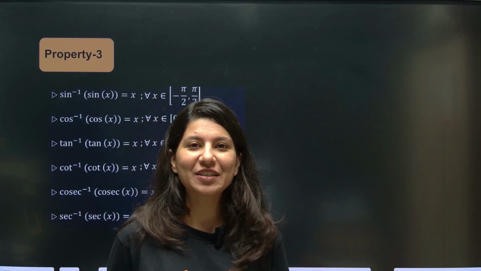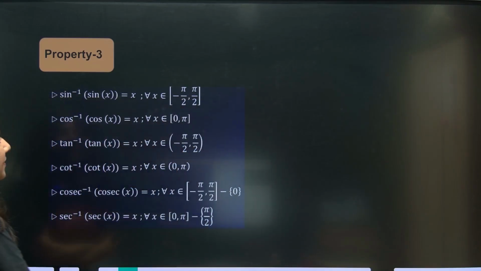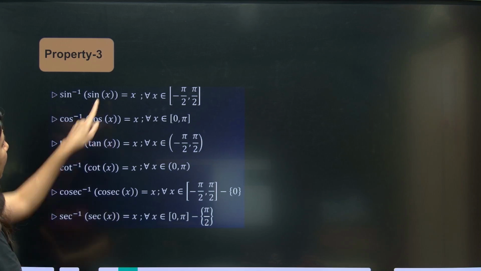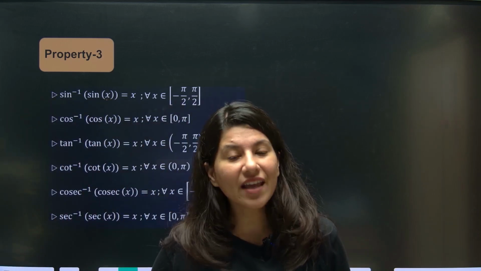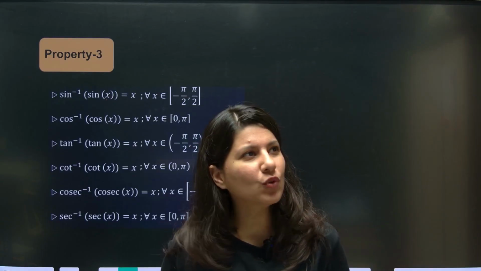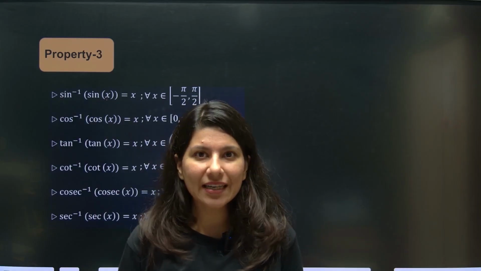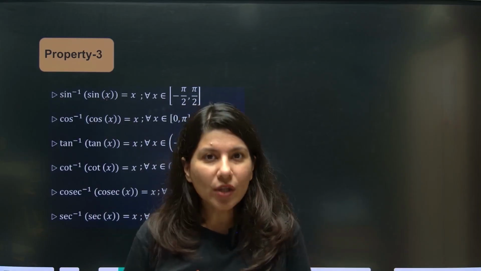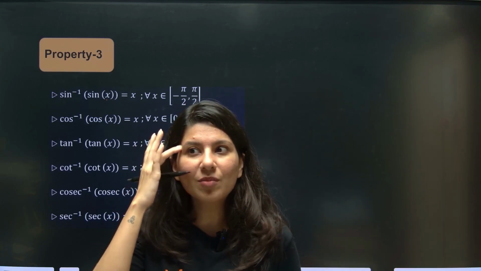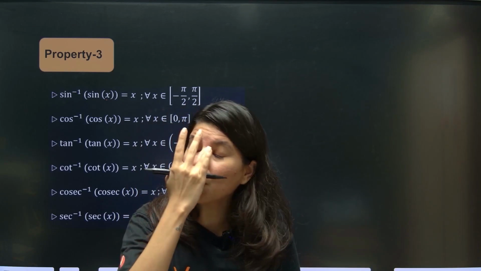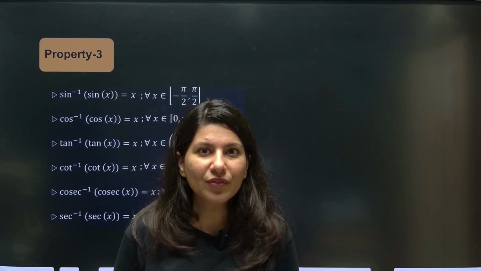Now property number 3, when the inverse trigonometric function is outside. Okay, so understand. Here, if I talk about x inside sine x or sine theta, what is the domain? Just don't consider this, only this. Sine theta or sine x, or cos theta, cos x, tan theta. All the domains are all real values except tan. In tan, theta cannot be pi by 2 or odd multiples of pi by 2. But the domain majority is all real values. Just 1 or 2 values are removed.